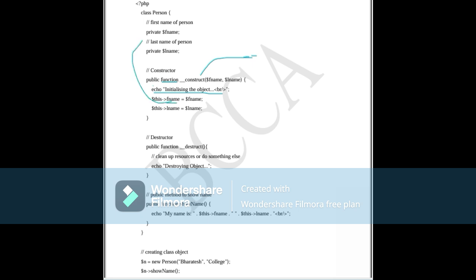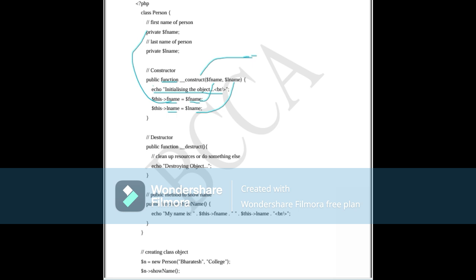This fname. This is the property, and we are initializing that property with the parameter that the user sends in the constructor. Similarly, we are initializing the next property, lname, using the parameter value sent by the user.